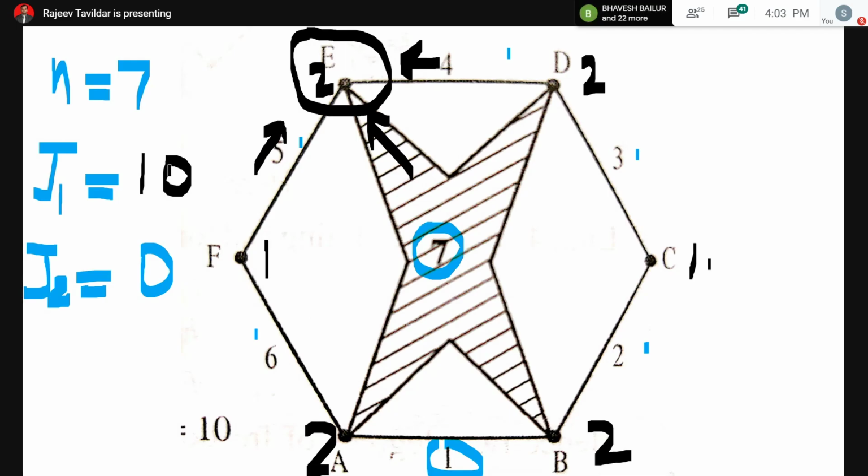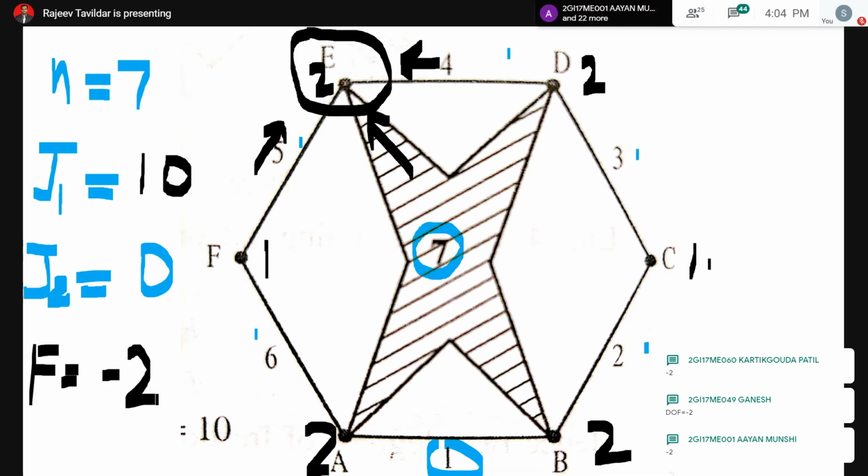Okay. Now this is clear. There's no J2, so obviously directly I've taken J2 as 0. So again, the degree of freedom is 3 into n minus 1, that is 6, 3 is 18 minus 2j. Okay, it's an interesting one. What is the degree of freedom you are getting here? 3 into n minus 1, that is 3 into 7 minus 1, 18 minus 2 times j1, that is minus 20. So the answer you are getting is minus 2.